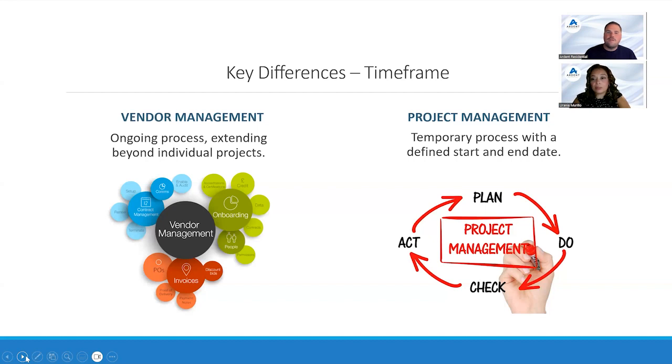So yeah, there's communication in both aspects of vendor management and project management. The manager, you're obviously going to have the day-to-day communication with the vendors, making sure that they are actually doing what they're supposed to do, following up with anything that has been brought to your attention, any projects that they've been given. The project management aspect, you're actually going to have the project manager really taking the reins on that, and they're going to be looping in the client as well as the management company to ensure all updates are provided for that